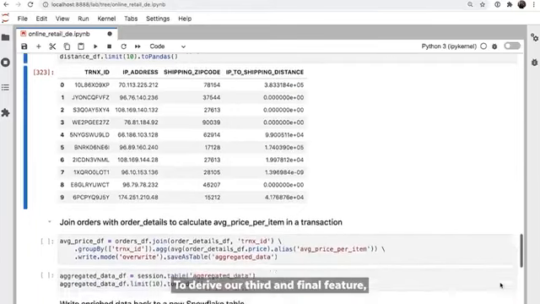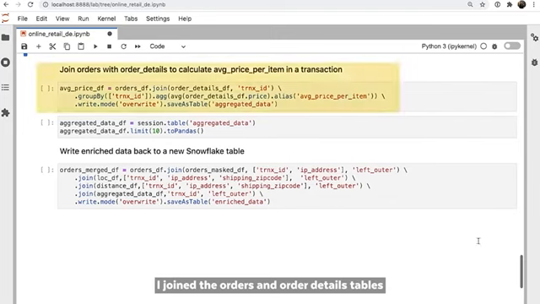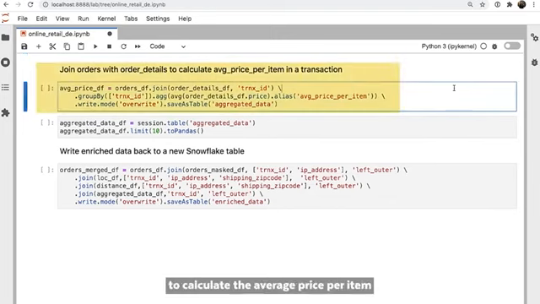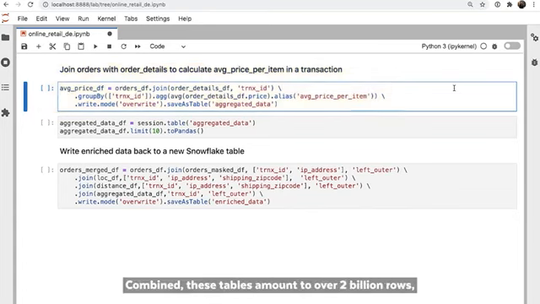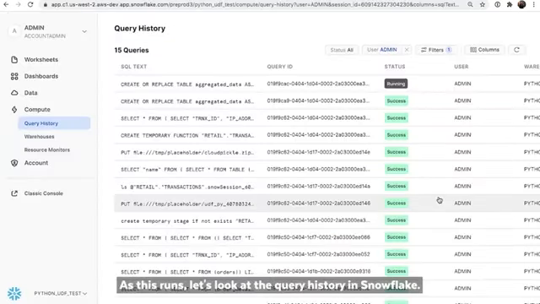To derive our third and final feature, I joined the orders and order details tables to calculate the average price per item in a given transaction. Combined, these tables amount to over 2 billion rows, which is not a small amount of data to process. As this runs,